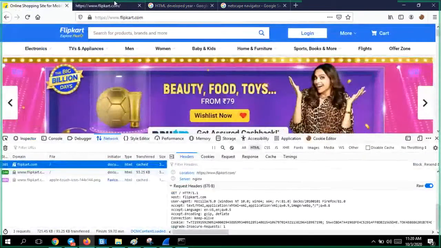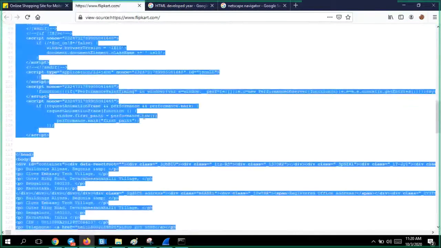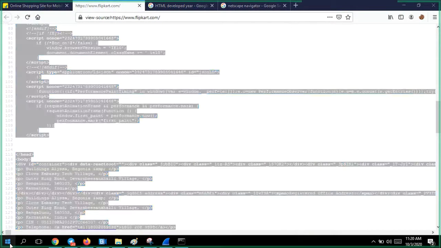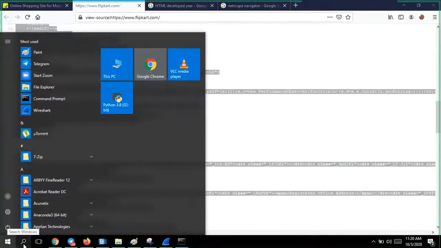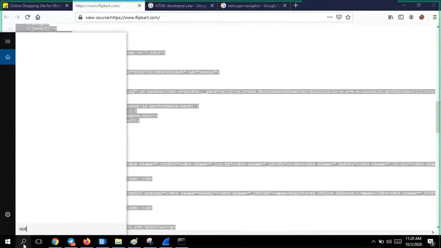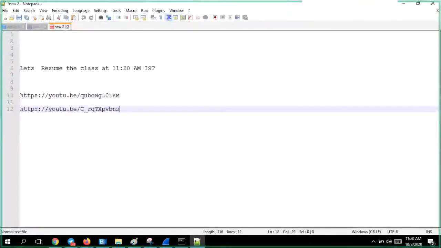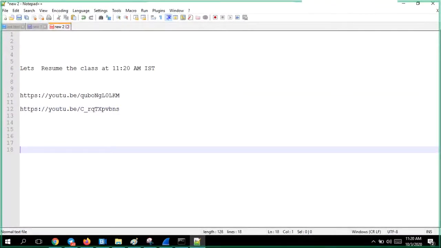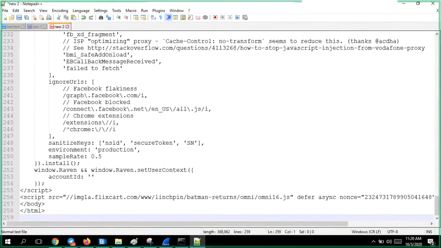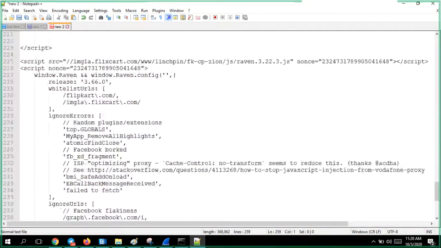See, I'll copy this code. I'll open Notepad and paste it. I have created it.